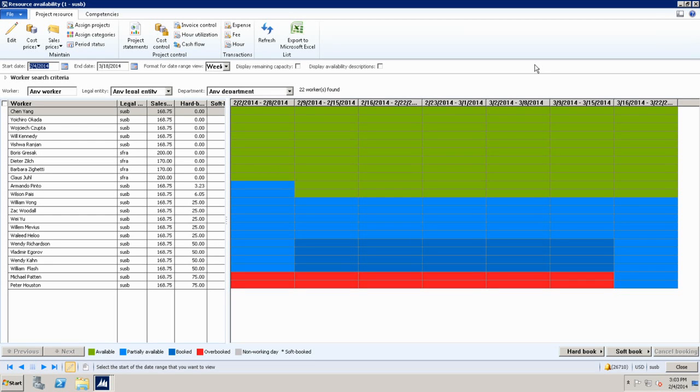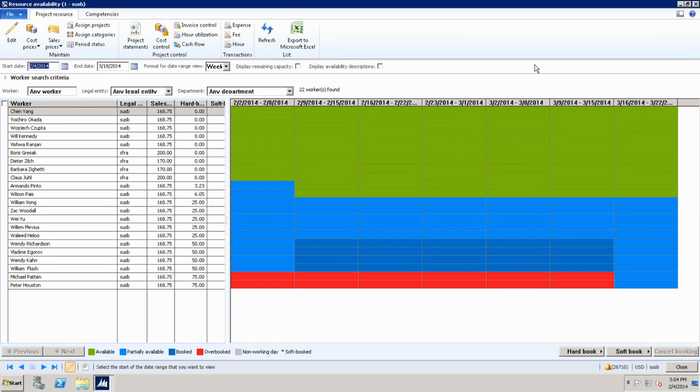People that are marked green, for example, for the next 6 weeks starting today, don't have anything to do. You will see some people are partially booked, light blue, which means they have some assignments. You will see some people marked as red, meaning they are overbooked. So in a nutshell, and it's server side, you have visibility into availability of these resources across multiple projects in your organization. You can see who is doing what, and you can see their availability status.